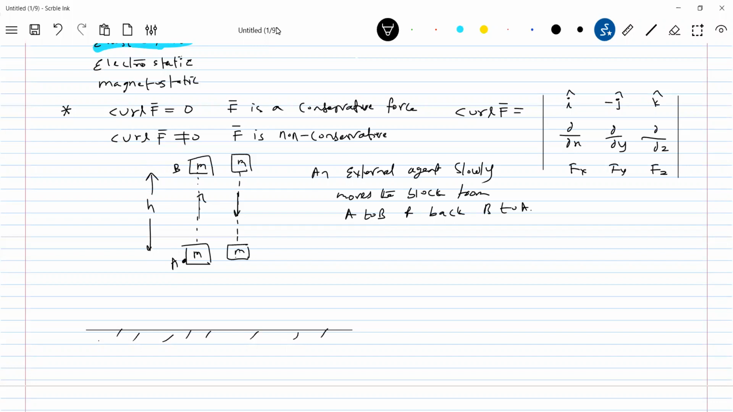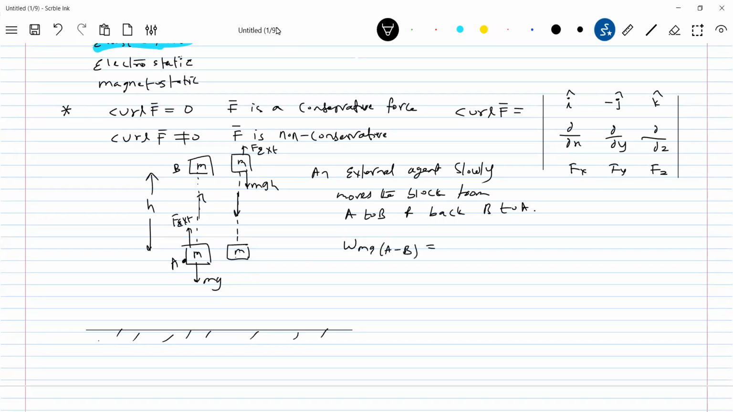What is the work done by the gravity? So the weight mg will act like this. In the first case, when it is moving from A to B, we are bothered not about the work done by the external agent but the work done by the gravity. The external agent will be applying a force slowly. Now let's ask the work done by mg when it moves from